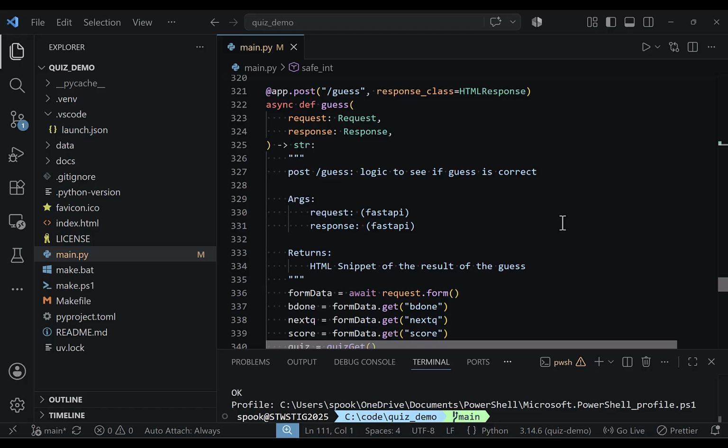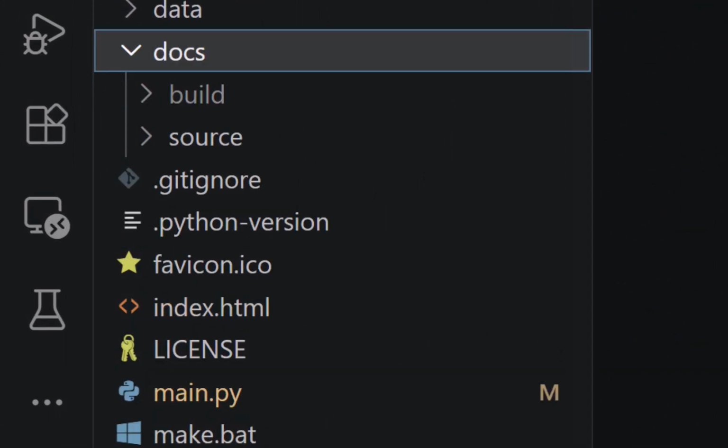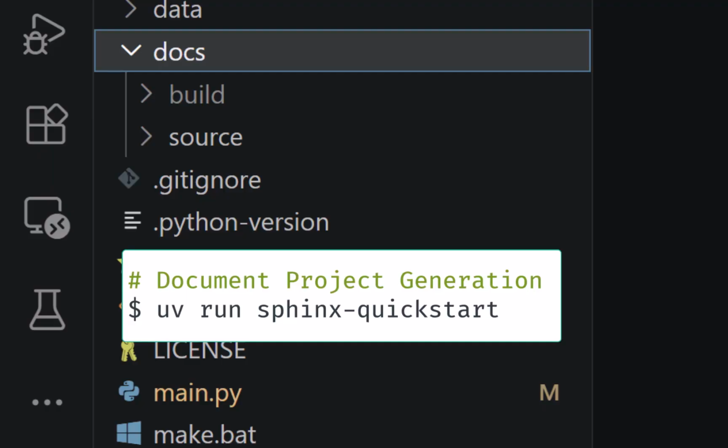It just screams this is a REST endpoint. So by convention, and to keep things tidy, you should put your documentation gubbinses in a folder called docs. It's kind of what the interweb expects. So I made an empty docs folder, and then I ran the Sphinx generator and generated an empty project, which